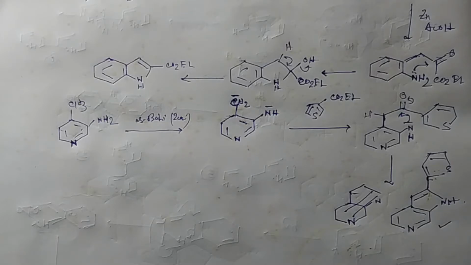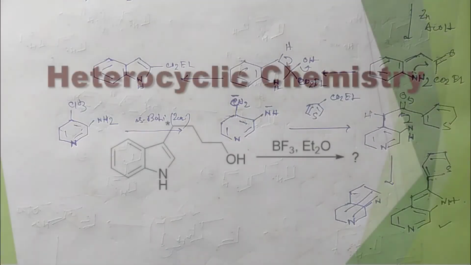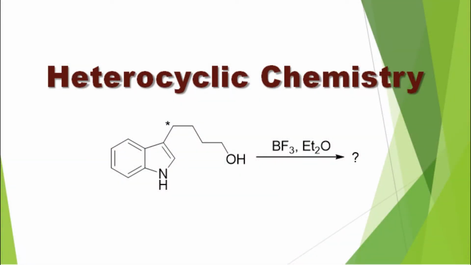This is also a very simple reaction. You just have to understand why the two equivalents of base are given, and which center is more reactive. Now in this reaction, the idea of this problem is to understand the scrambling of isotopes with the rearrangement. At first, the alcohol group attacks the BF3, converting the alcohol group into a leaving group, so that the nucleophilic attack from the indole can occur.